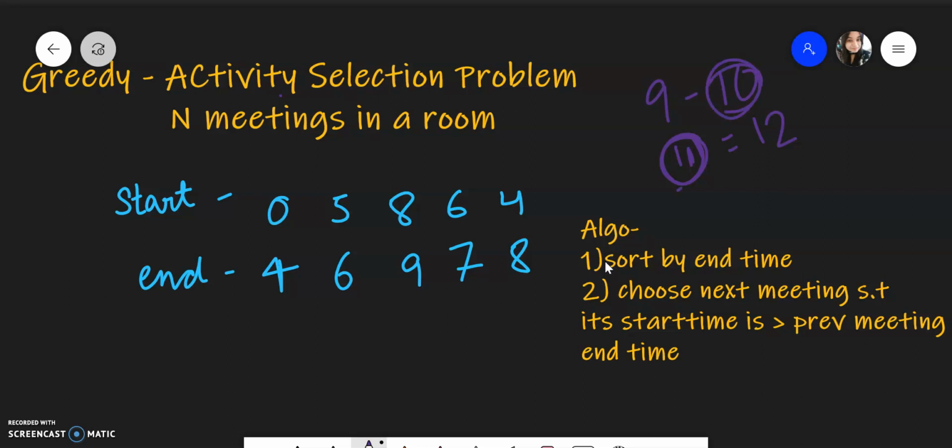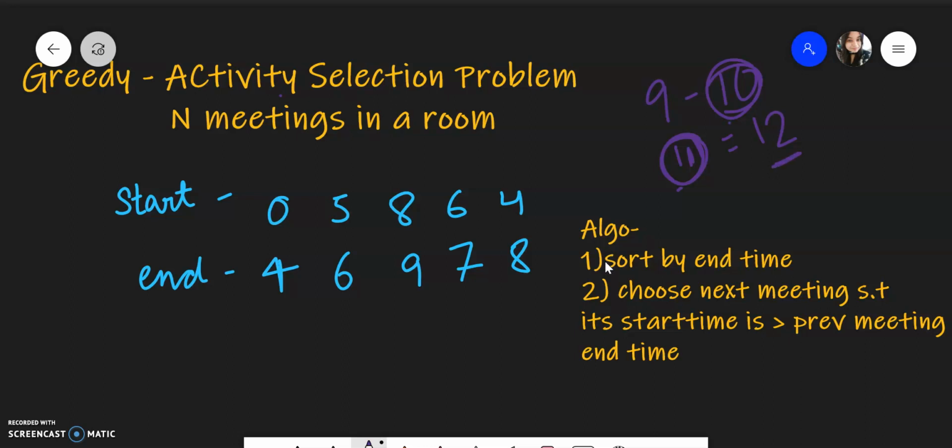If the start time is greater than the end time, then this can happen because there is no overlap. We use the same technique here. We have sorted by the end time, so we know that the previous meeting's end time will obviously be less than the current end time.